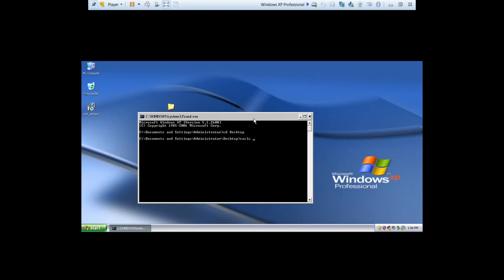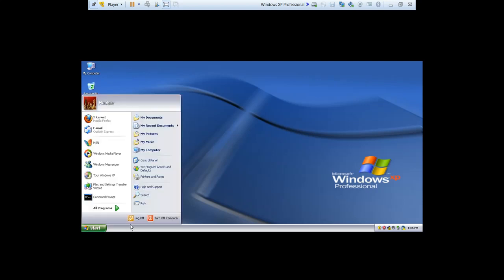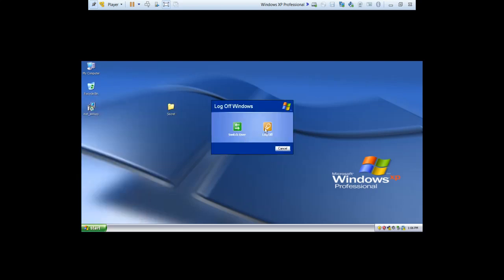Now CACLS, name of the folder. And now this time hacker, F, there is one more thing, /p. Okay, done. So if I log in with the user hacker, I am able to access this file, but not with